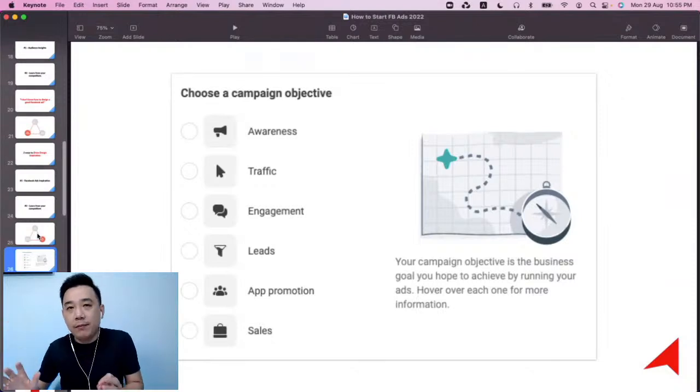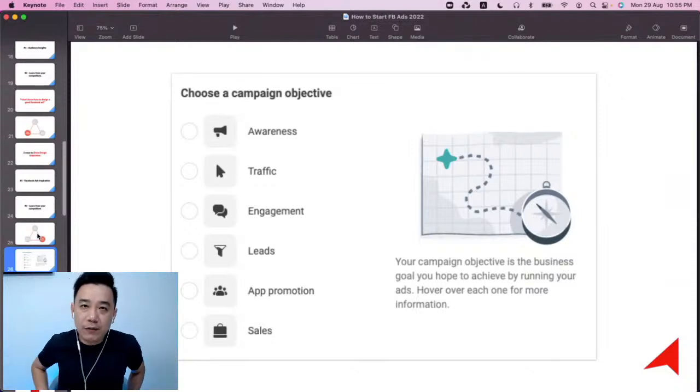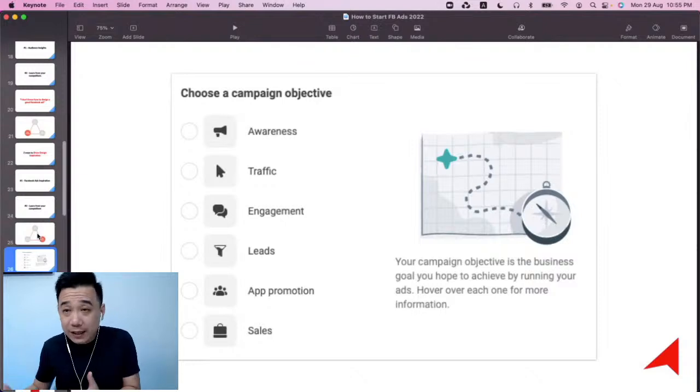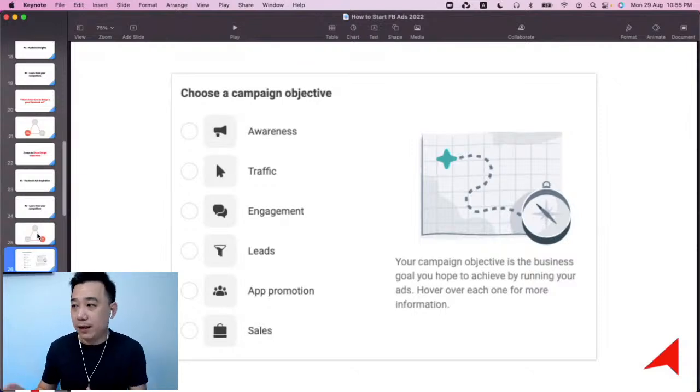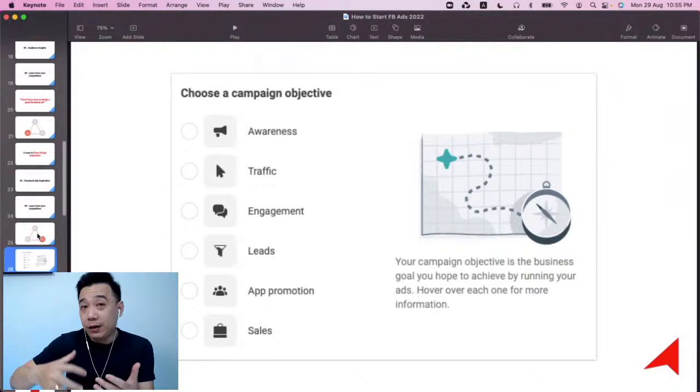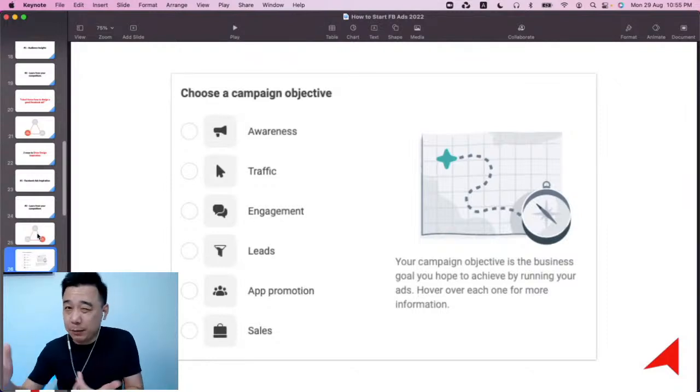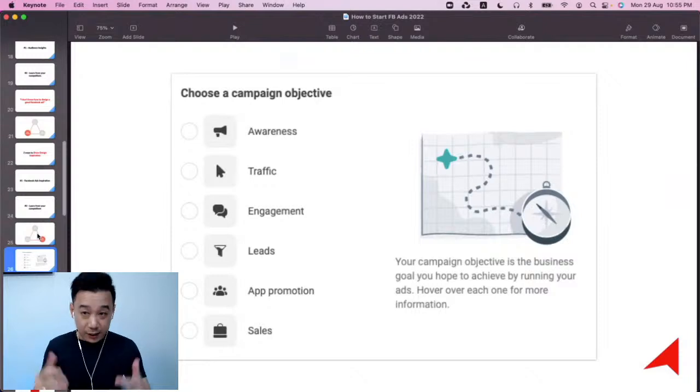Now, if you have a new website and you don't have a very strong pixel or a lot of data on your website, you can probably start with conversion, but you can always start with a different optimization. But that's a little bit technical. I don't want to cover it here because that will get you more confused, because this is really addressed to fresh new Facebook advertisers.